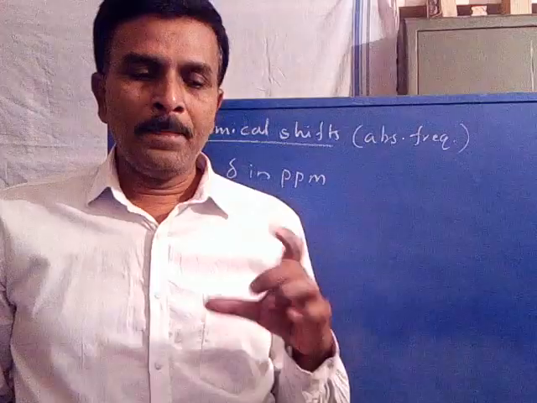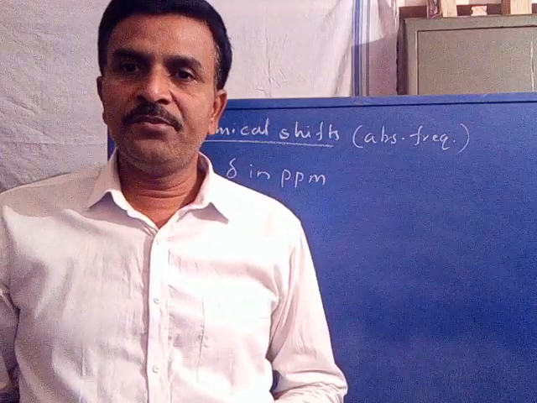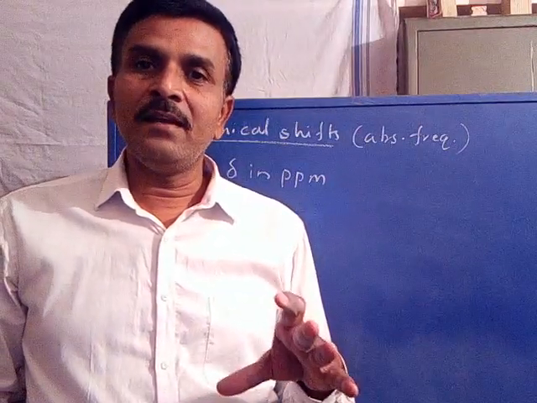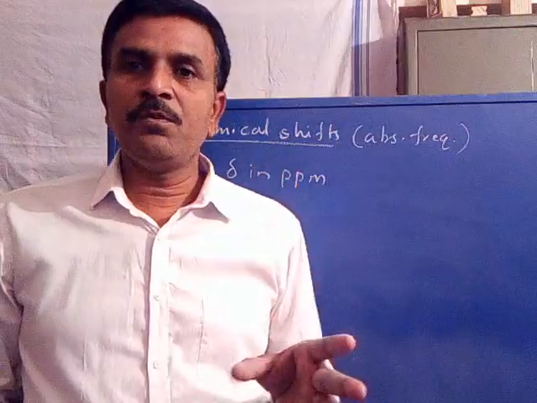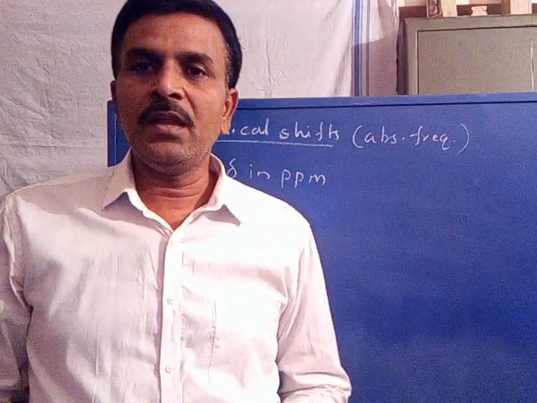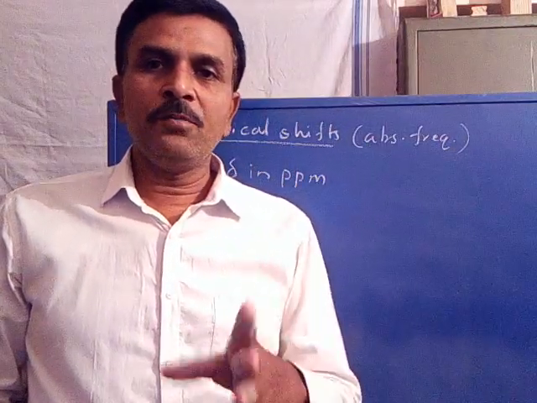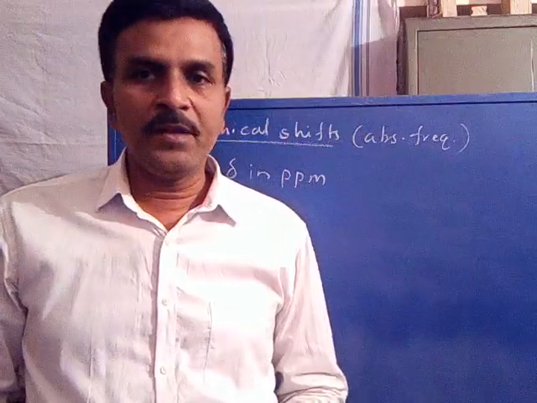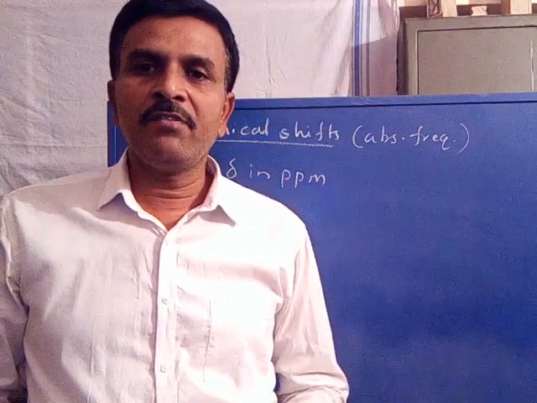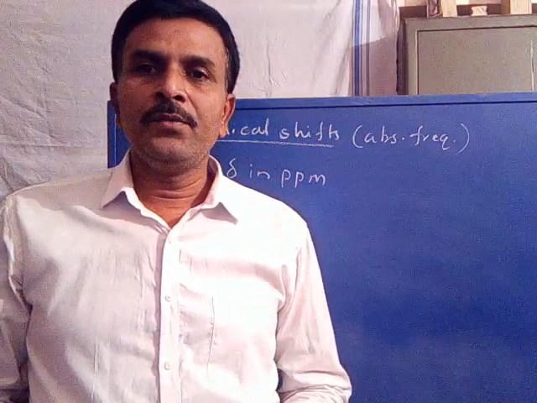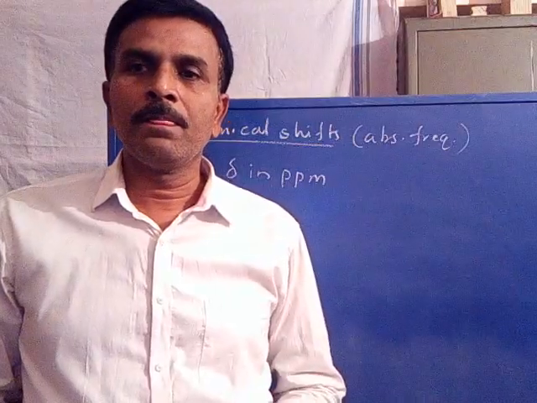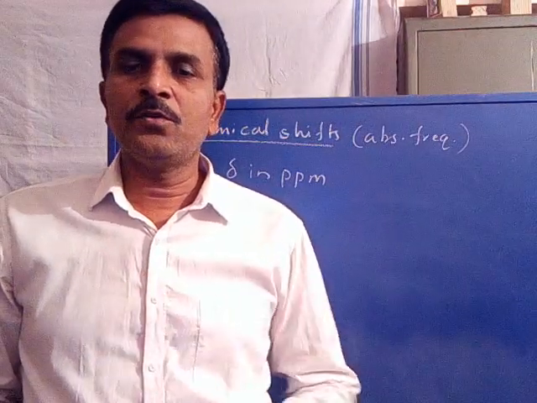But the range of phosphorus absorption extends from 0.0 to plus 250 ppm and 0.0 to minus 250 ppm. This absorption frequency range is moderate with respect to fluorine and with respect to proton,